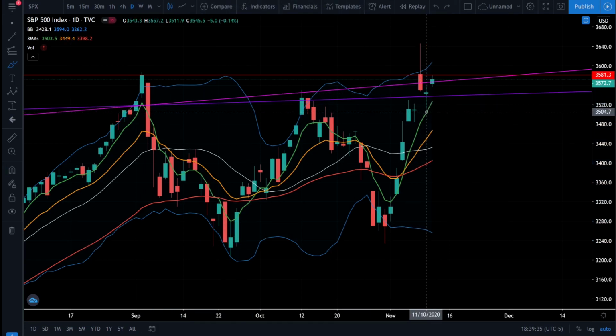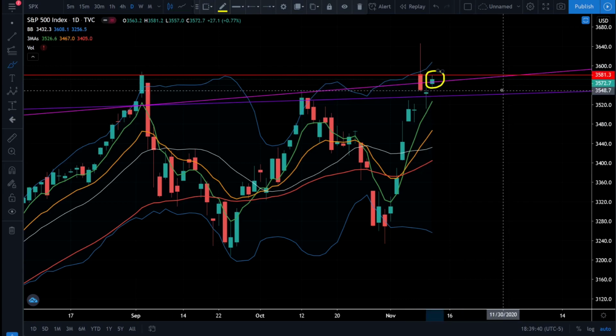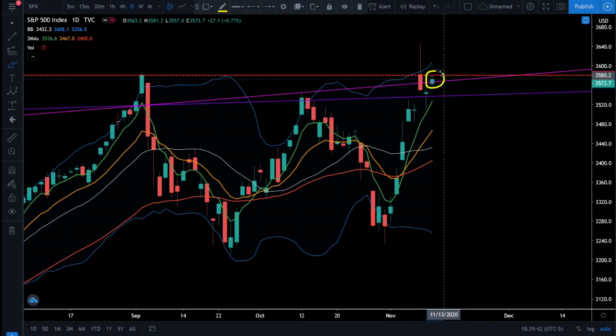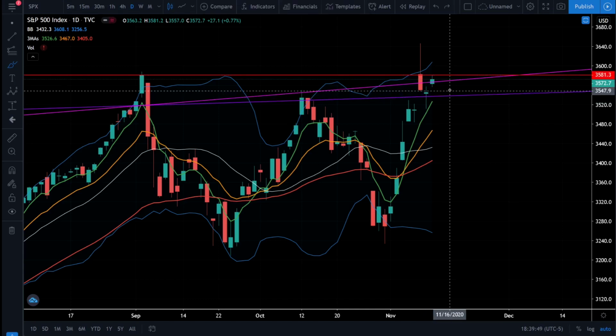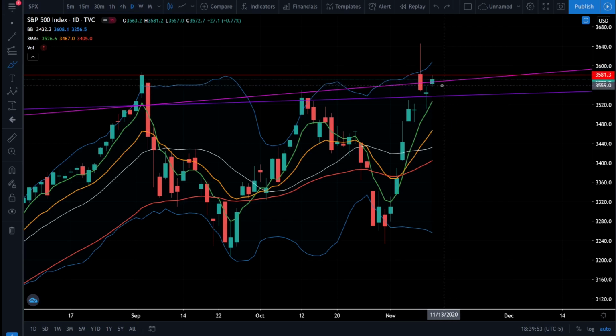So right now, we need to look at the possibility that this potentially could be another false breakout above this trend line, and we can see that we did fail to form a new all-time high because we got rejected at that resistance level. So like we talked about last night, we don't want to chase breakouts because there's a chance that they could be false breakouts.